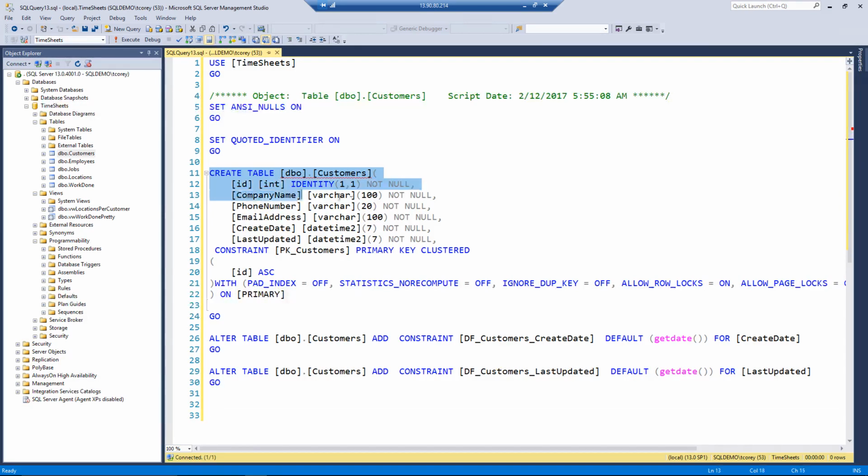So we have the create statement, which gives us all the columns, their types, and their limiters, like 20 characters or 100, and whether or not they can be null. The primary key clustered index based upon the ID, and then here's those two links between fields. Nope, I'm sorry, that's the constraint. So the constraint is saying the GETDATE is run by default for this column, create date, and